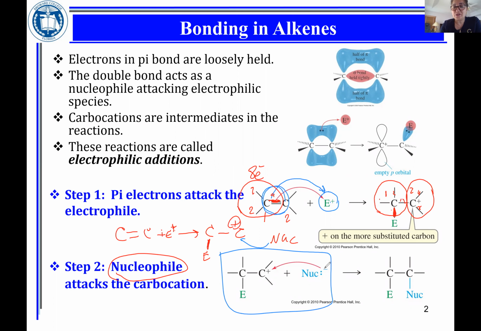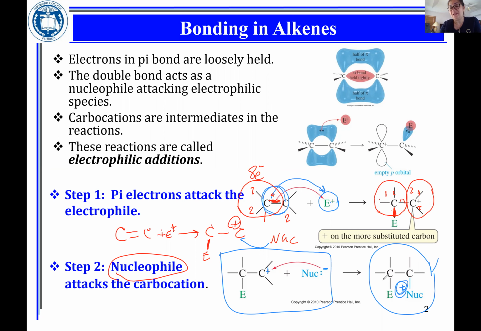So what is happening here? You have a negative charge coming from the nucleophile, a positive charge from the carbocation, and these 2 positive and negative charges cancel each other's effect. If your nucleophile has a negative charge already, the product is going to be neutral, and you have a product. But if your nucleophile is not negatively charged, if it's neutral, then you are going to end up with a positive charge left over in the product, which is not a product yet. At that point, you will not call it product, you will call it still an intermediate, until somehow you remove this